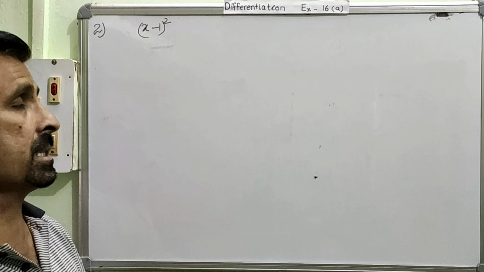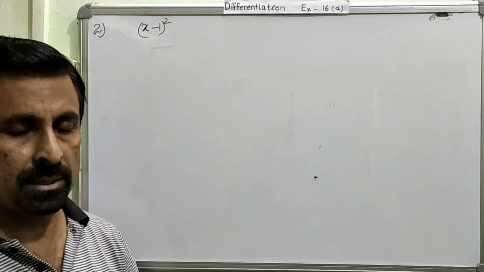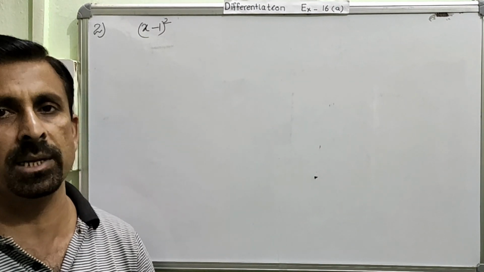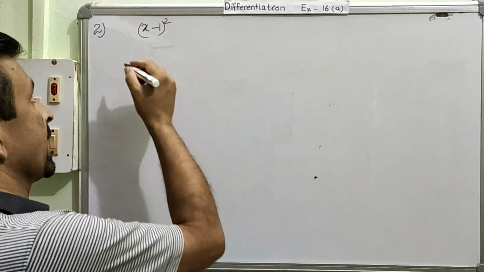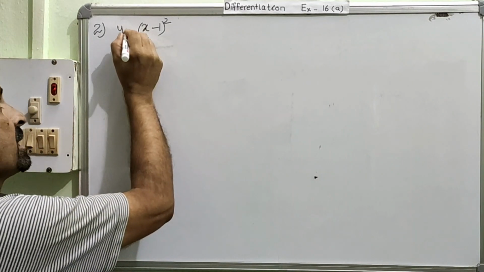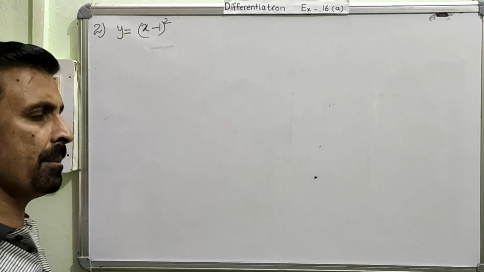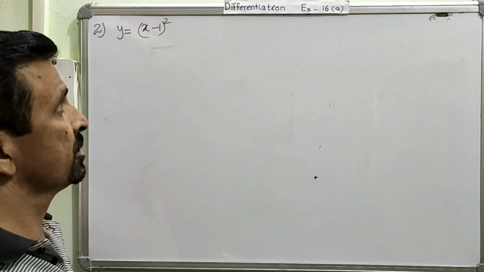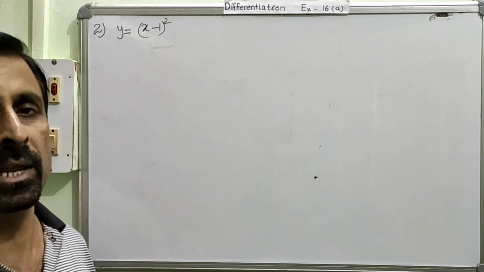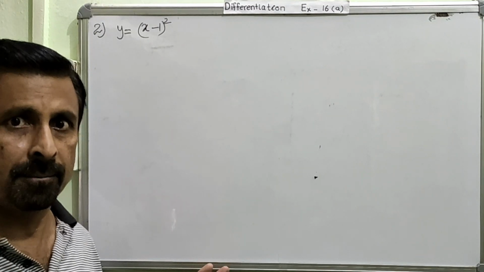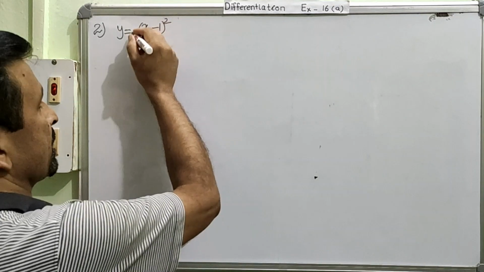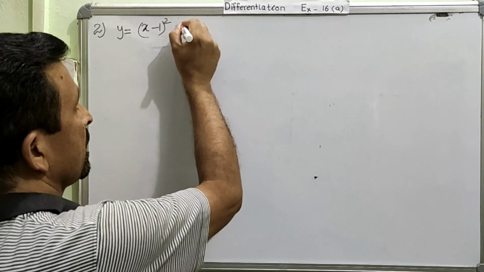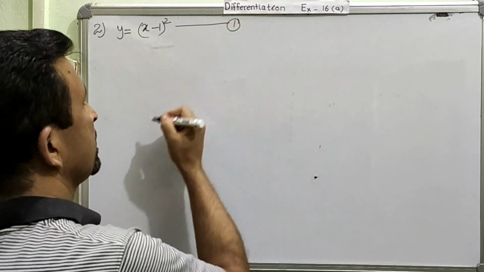Question number 2 is, this is the function whose derivative is going to be calculated by using the first principle. So once again, as usual, we will assume this as equal to y. Since I myself am going to do many questions, just by watching me you will understand everything, right? So please keep watching very carefully. Now after assuming this as equal to y, I can name this as equation number 2.